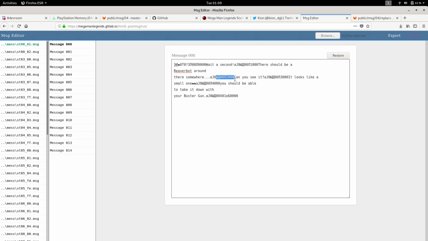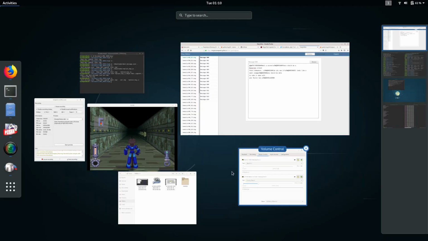If you need any help or further instructions, I can probably write it up on the forum, but this is just a quick overview of how to use the tool and how to patch the files, because this is kind of cryptic. So that's it for this video, and I guess I'll see you guys